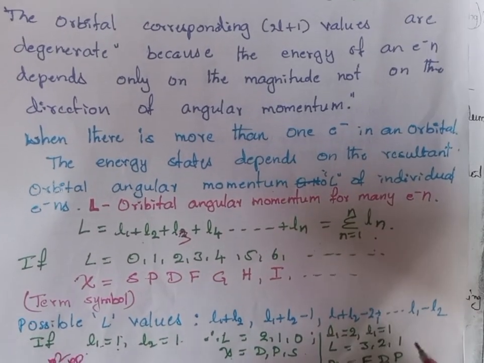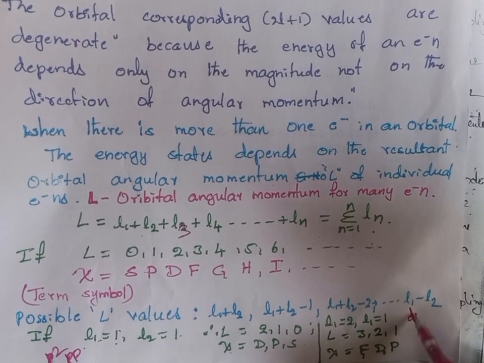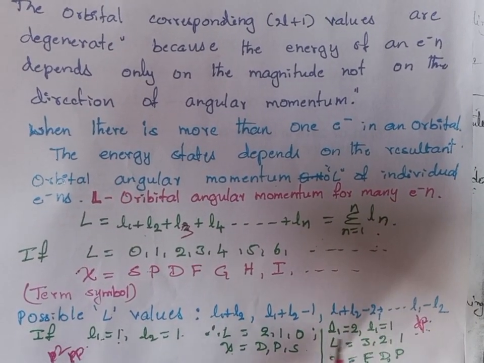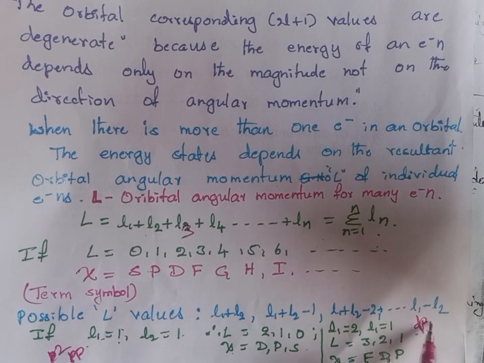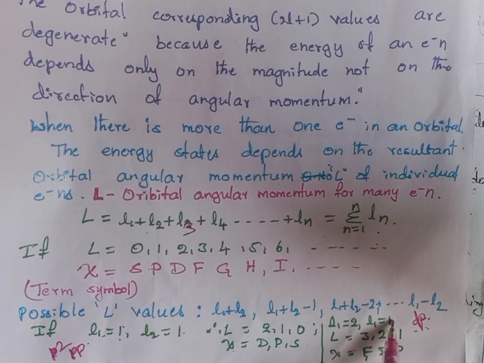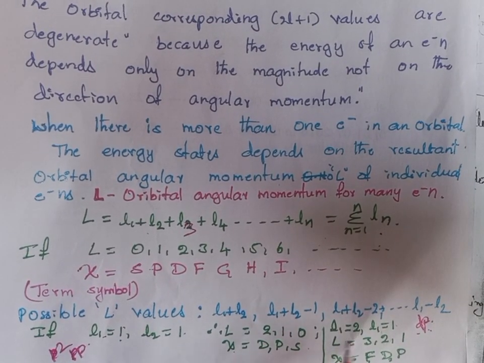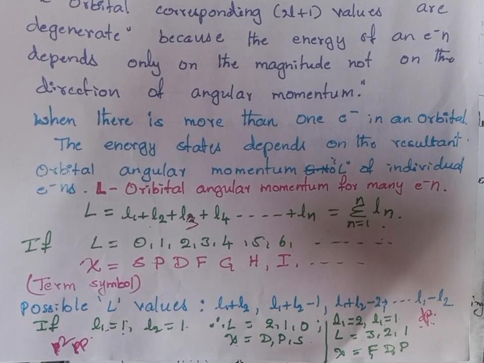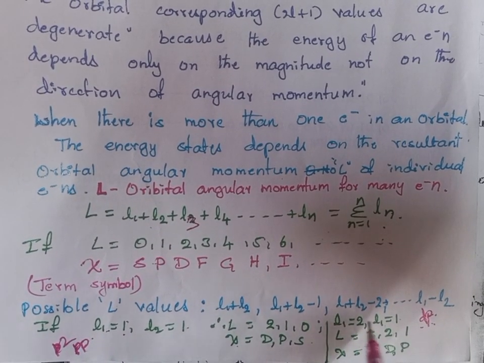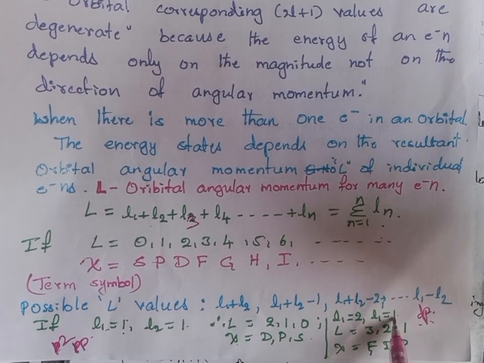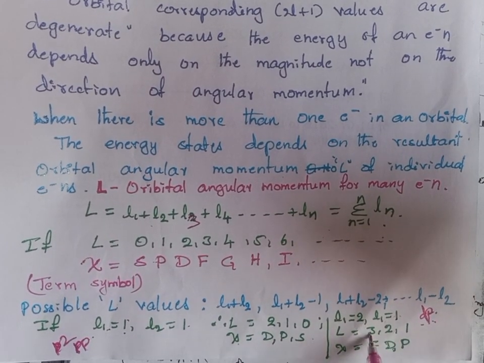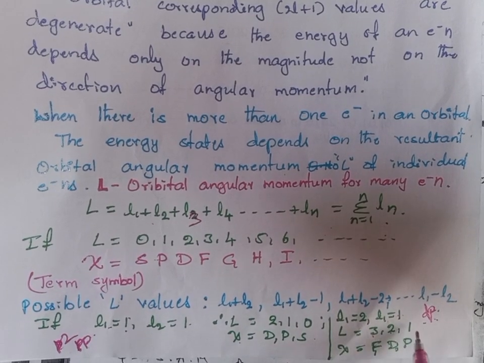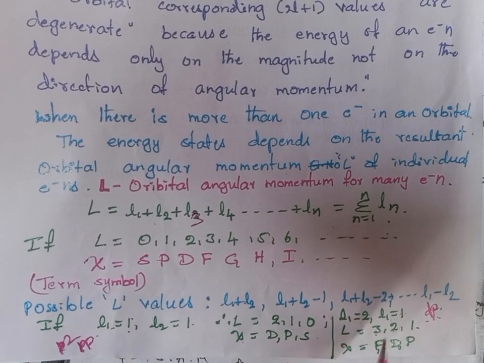For example, if it is a dp configuration, for d, l1 is 2, and for p, l2 is 1. So the capital L values will be l1 + l2 to l1 - l2, so 2 + 1 to 2 - 1. 2 + 1 is 3, 2 + 1 - 1 is 2, 2 - 1 is 1. Therefore, L values